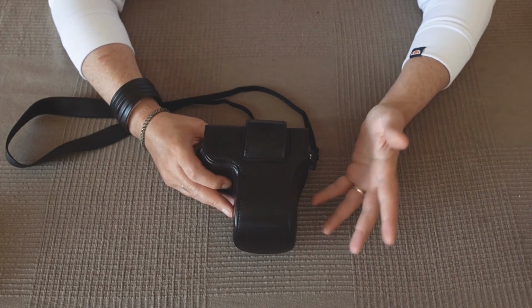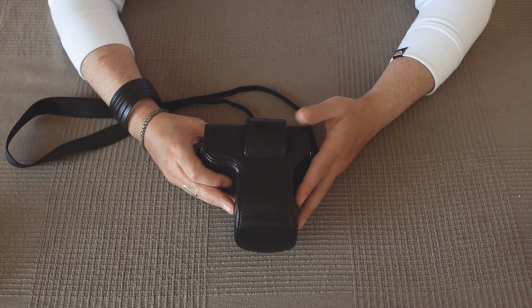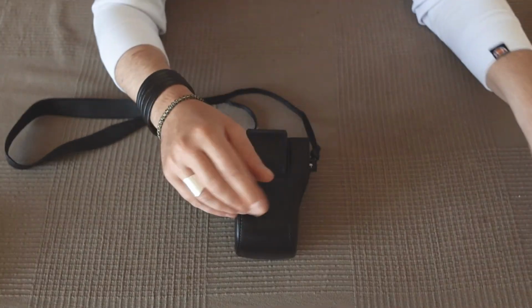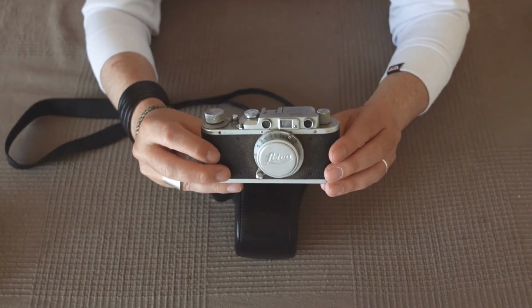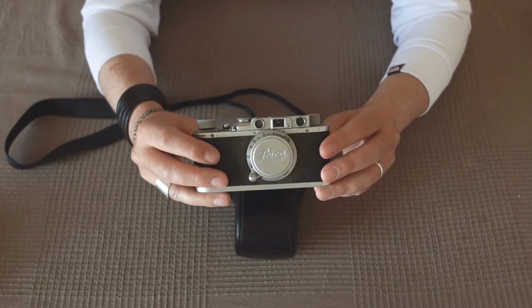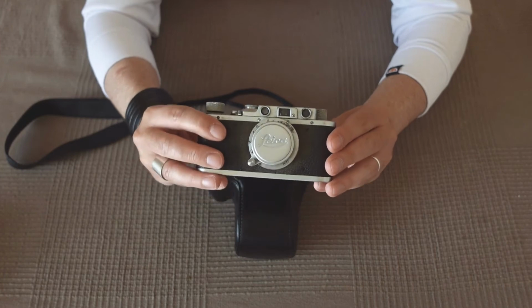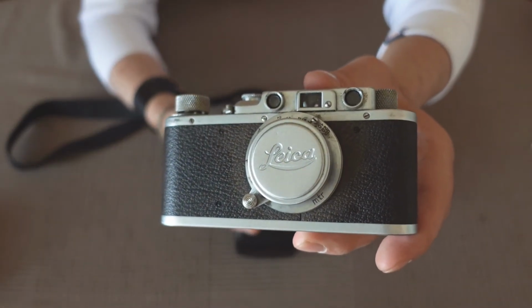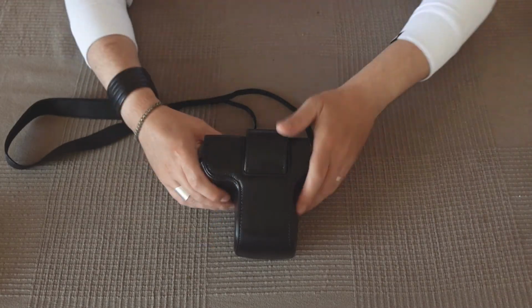The X-T3 plus the 18-55 and the case, we are somewhere around 1 kilo, which is not much if you think that the Leica itself, this Leica I showed you before, just for the pleasure of showing it off, is probably 10 kilos itself. Well, not 10 kilos, I'm exaggerating. What I just said has no meaning at all. But